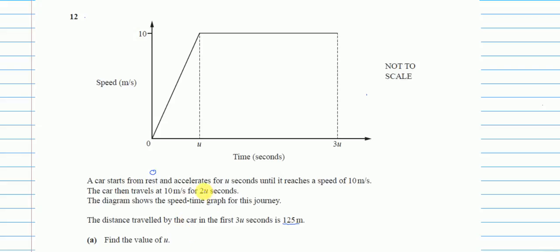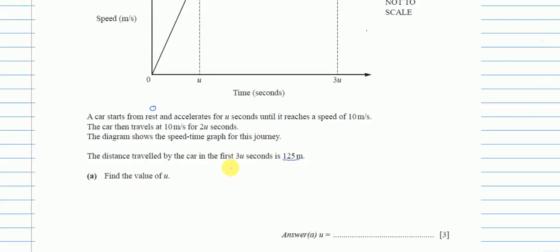Now then, we know that from a speed time graph we can calculate the distance using the area under the graph formula. We already know the distance, but we do not know the time, which is written as u, so we will use exactly the same formula, but this time to find time. So what is the formula? It is the area under the graph, and the area under the graph means the distance.